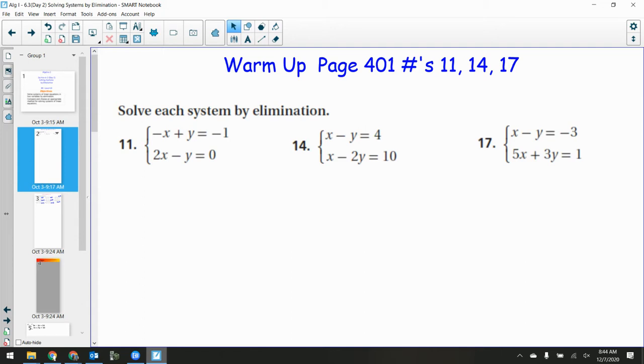So this is going to be, we got the warm up going over some elimination. We're going to go over the homework, and then we have the second day of section 6.3. So as I was just explaining to my in-person class, we got section 6.3 to finish up today, section 6.4